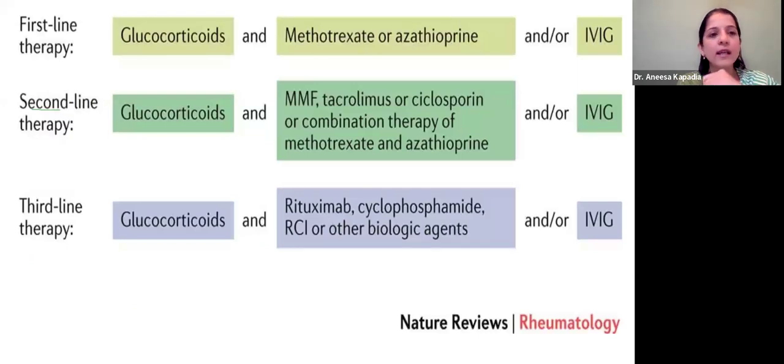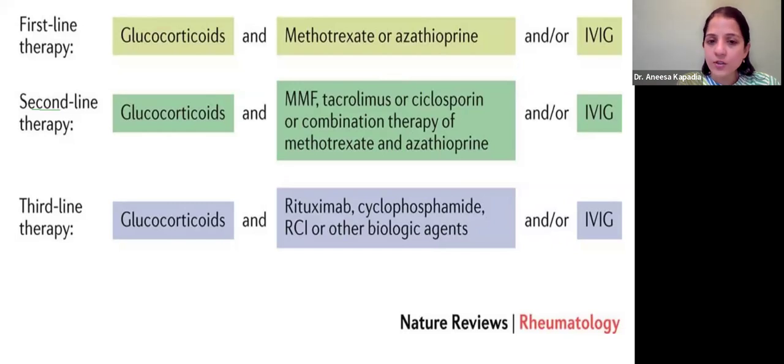So broadly, we divide these drugs into first line, second line, and third line therapy. This is a very broad overview, and we don't always necessarily stick to it. If someone comes with very severe disease, we might escalate the therapy higher rather than following this approach. Initially, of course, glucocorticoids are used. Then we might use methotrexate or azathioprine. In those who don't respond and we can't taper the steroids, we might either add or change to mycophenolate,